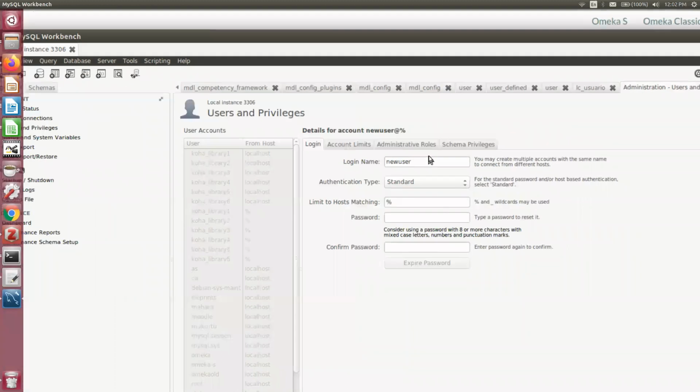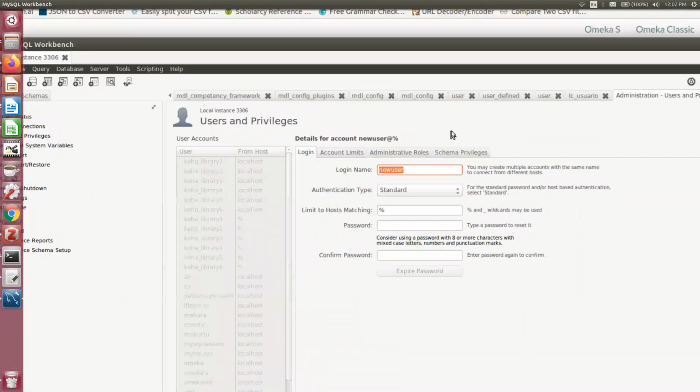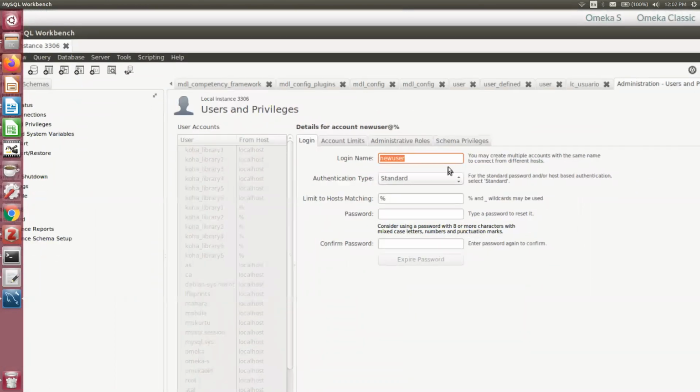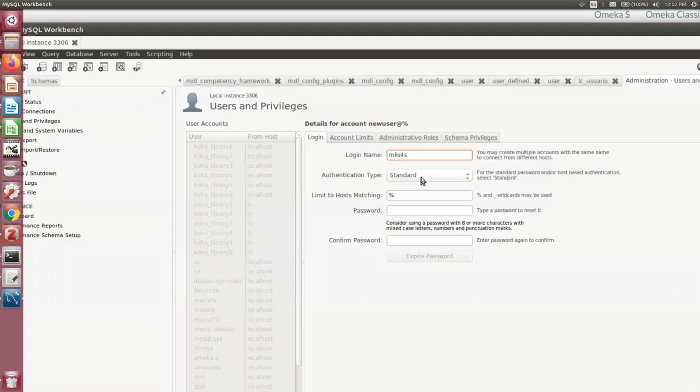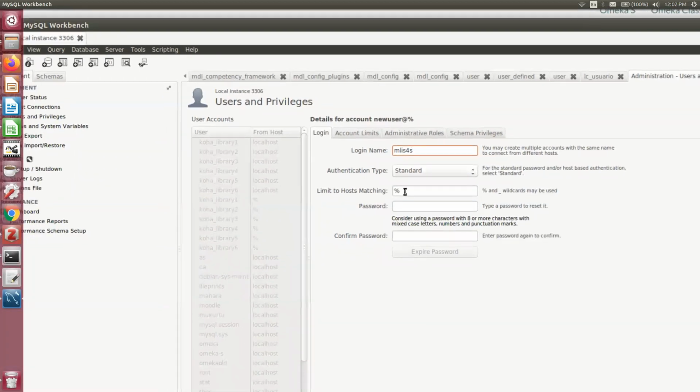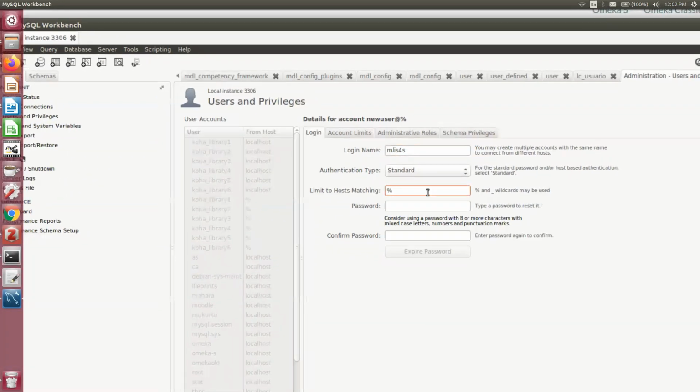Then you give the username. Say I am giving the username as MLIS4S. Then the authentication type is standard. What will be the host in case of the percentage sign? Percentage means from anywhere your user can enter inside MySQL. So that is a bit risky as far as security is concerned.